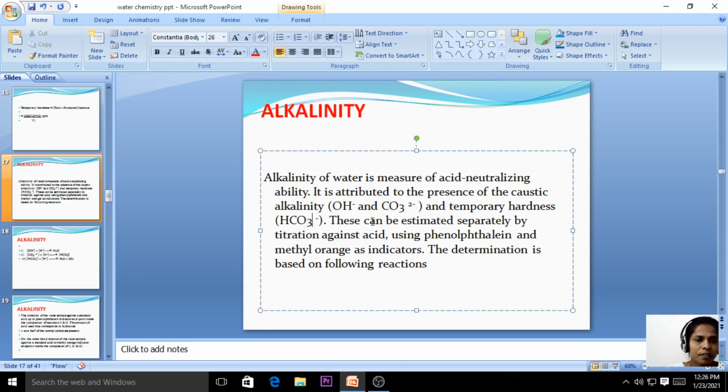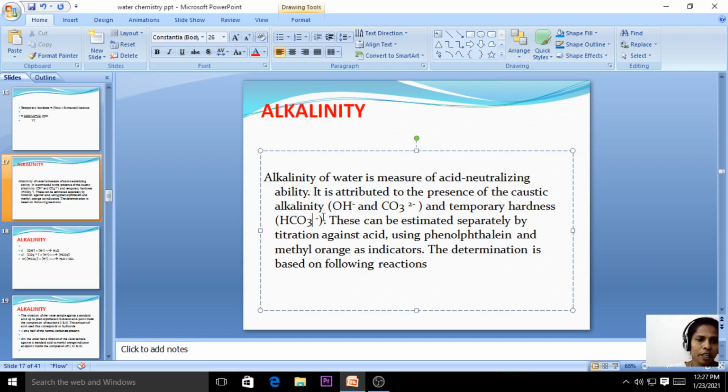So OH minus ion and carbonate ion are present in the water sample. If these two ions are present in the water sample, that alkalinity is nothing but the caustic alkalinity. So here caustic alkalinity is nothing but the presence of OH minus and the carbonate ions. And temporary hardness, already we know what is temporary hardness, bicarbonates. So here alkalinity is due to caustic alkalinity and the temporary alkalinity. Caustic alkalinity is due to the presence of OH minus and the carbonate, and temporary alkalinity is due to the